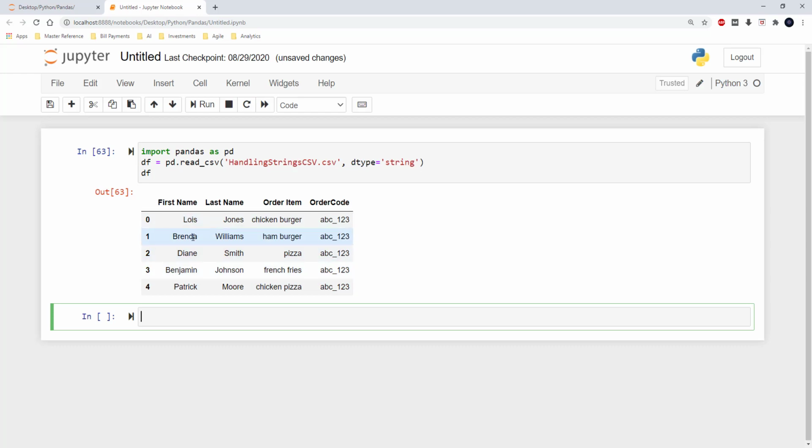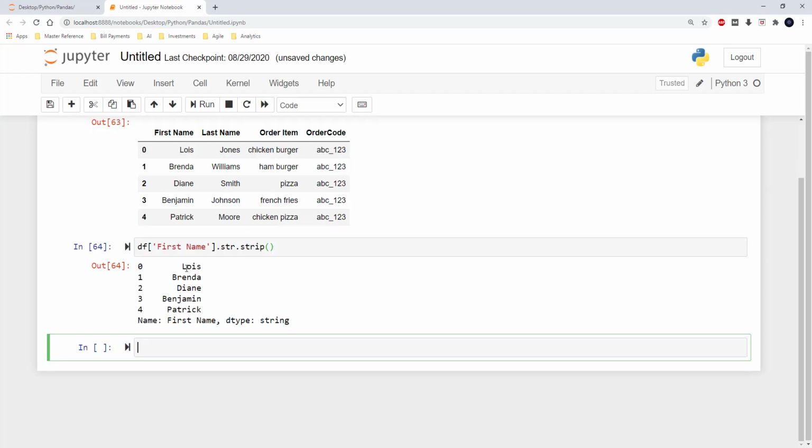Next, I just wanted to show you how to use strip. In order to do that, I am just selecting the first name, and then I am using str, and then I am selecting the method strip. And when I run this, you can see that the first name column has been displayed, and you will not be able to see any spaces, both the leading spaces and the trailing spaces.